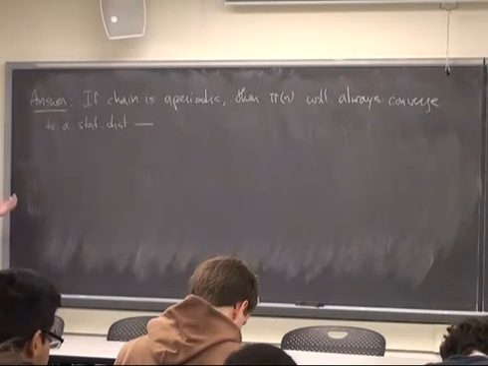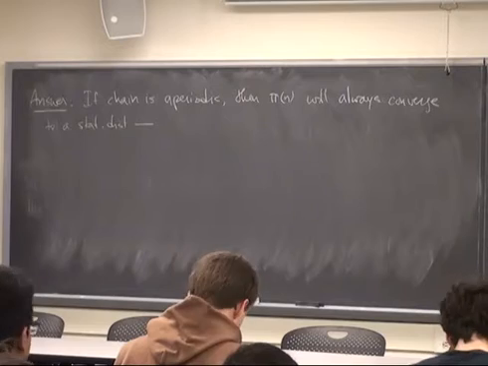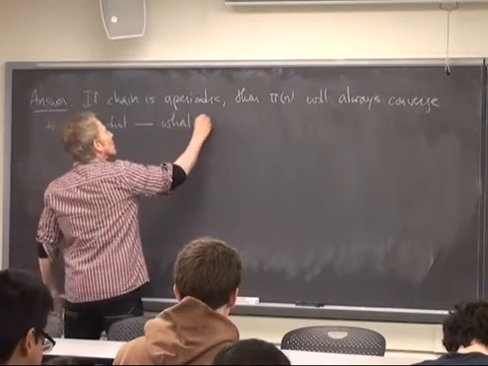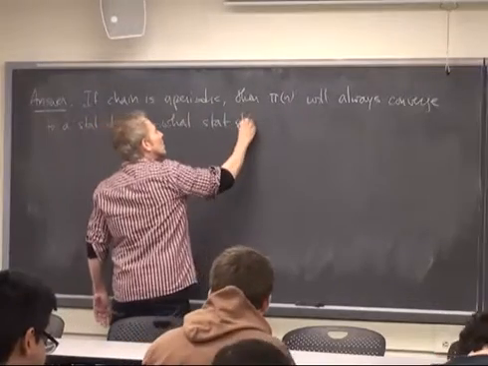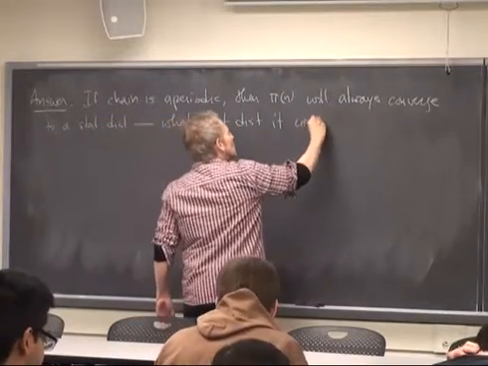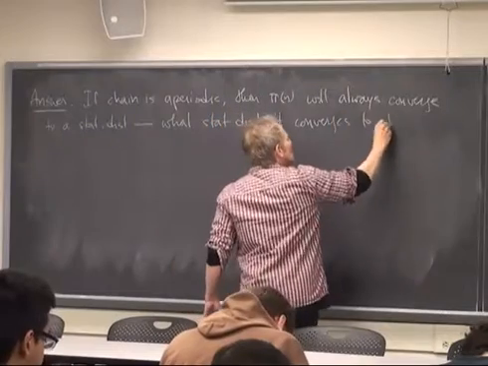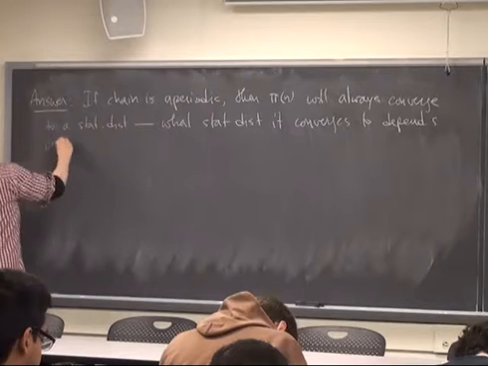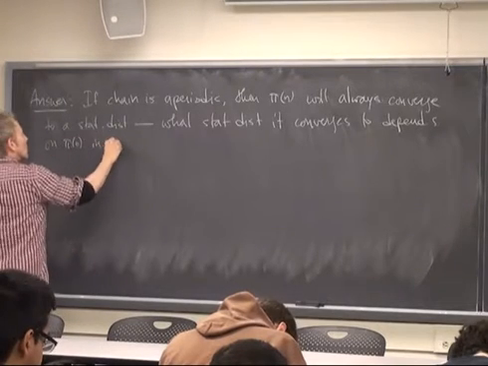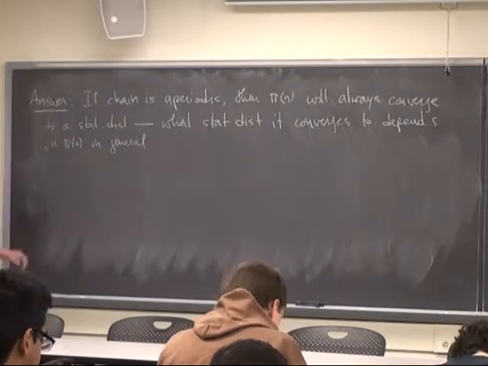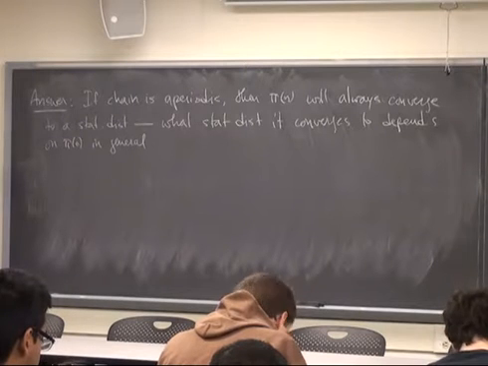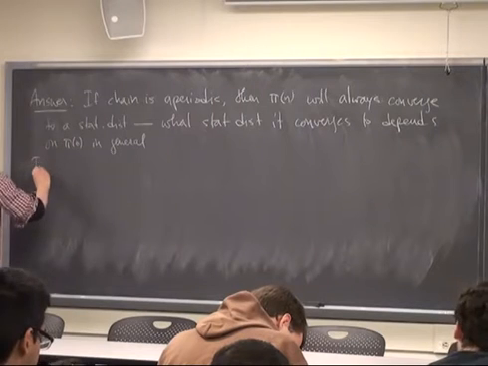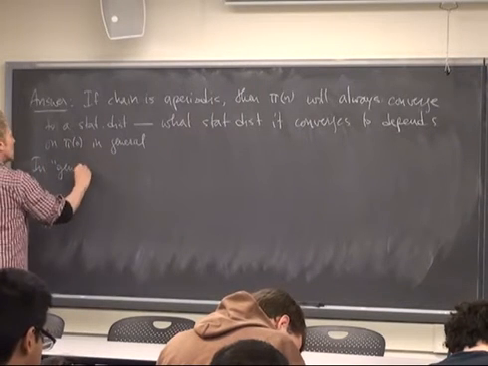And what stationary distribution it converges to will depend in general on the initial distribution. So what stationary distribution it converges to depends on pi of 0 in general. But if you have only one stationary distribution, in the quote-unquote generic context,